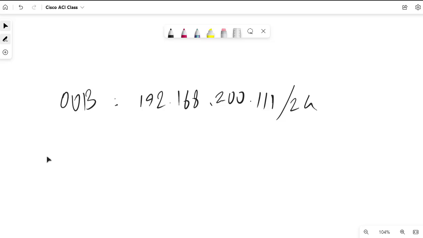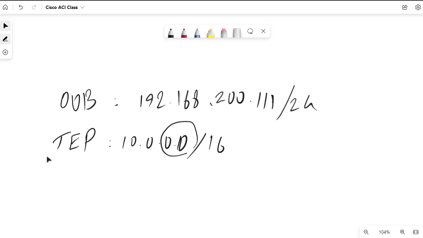For in-band management, of course, you are going to use the range of IP addresses that are going to be assigned to tunnel endpoints. So for tunnel endpoints, you can say, for example, the range of 10.0.0.0 slash, let's say 16, is going to be used. This means that we are going to have something like 65,000 tunnel endpoints here, which is more than enough. So these are the important IP addresses that you need to